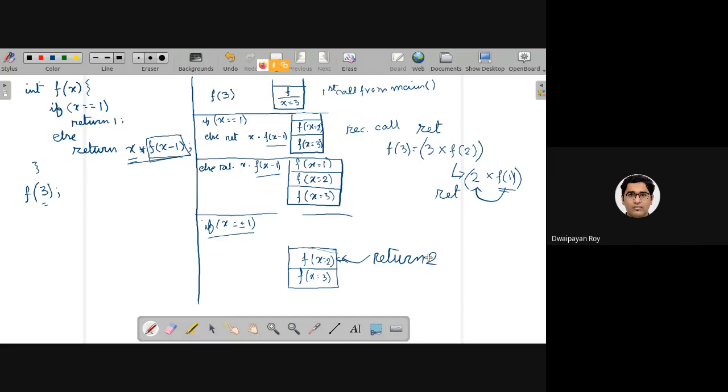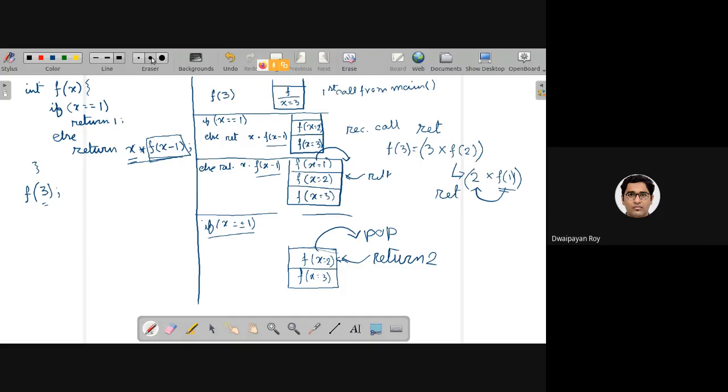Right? And then another pop will be happening, and this 2 will also be returned. So after this popping, this return 2 will be happening. You can see after popping of this, if x equals 1, we are returning 1, right? So now after this pop of x equals 2, return 2 will be happening.